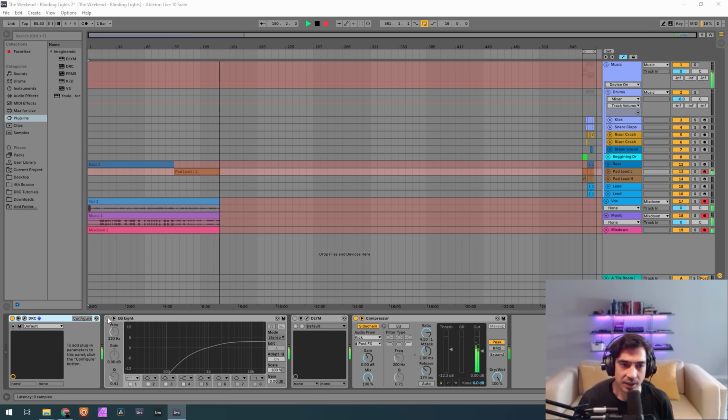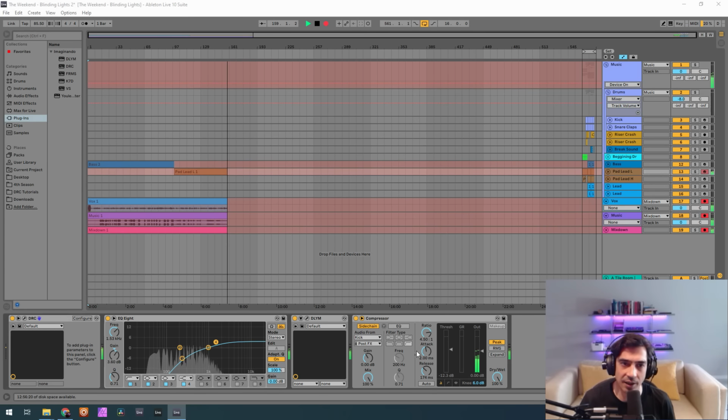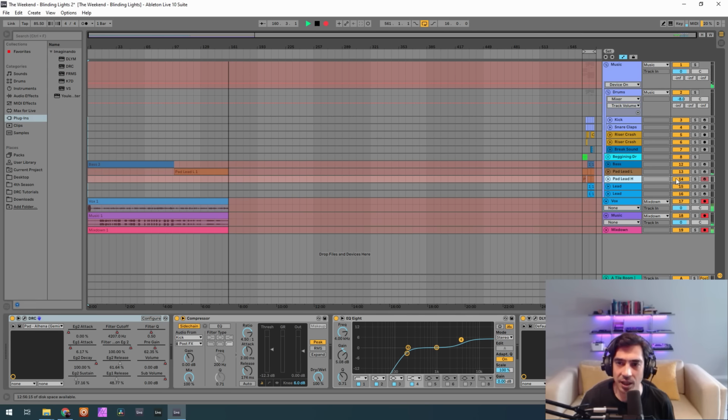Now I turn on the equalizer, cutting at 230 and boosting at 1.5K, and the delay modulator with a dry wet of 410, a time of 200, 0 feedback, 300 depth, and 0.83 rate. Again, these compressors are only doing sidechain. So let's go to the other pad.